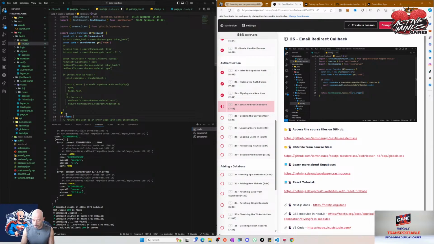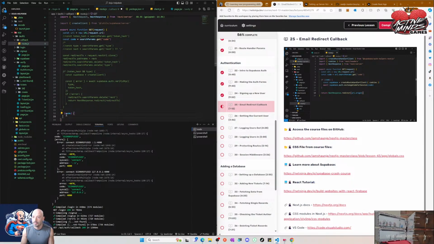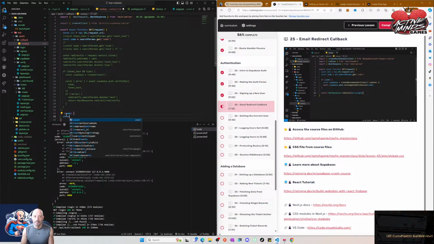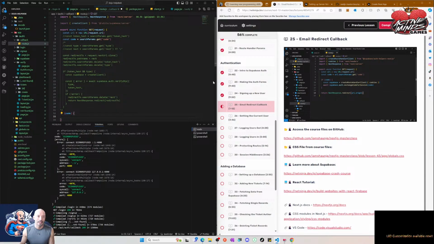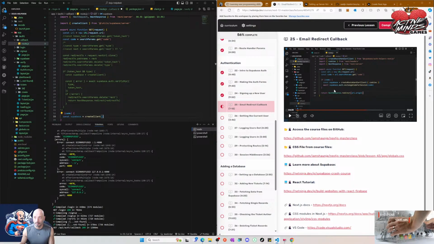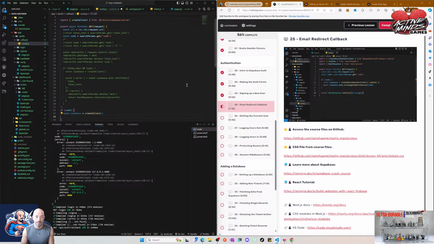This is just how I learn, right? Bring it down to functional, and then I can go, oh okay, well, then this other thing might be important. But for now, we're going to go const. Actually, I'm almost positive that this is the right way to call the create, because the way he does it is not going to function. I don't think this create router handler client is a thing. So at least I don't think so. Oh wait,